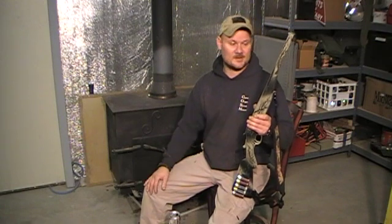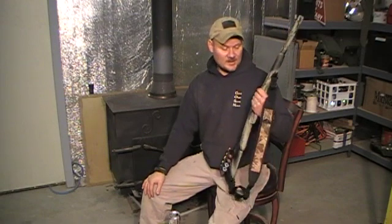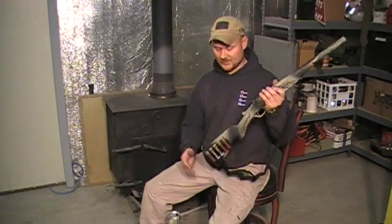This isn't a bug-out gun. It could be if that's all you had. Of course it would be. But I'd more classify it as a bush gun and survival gun. I've also,